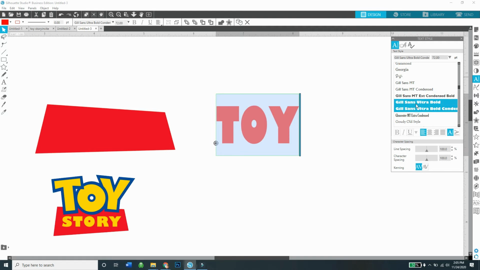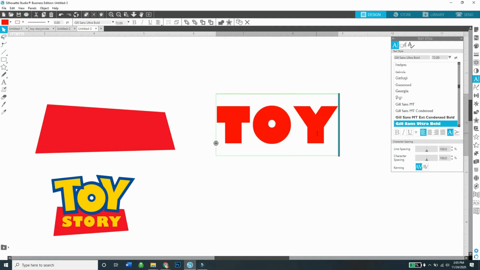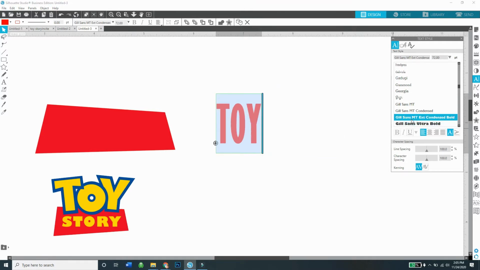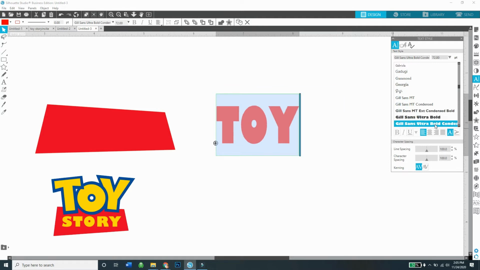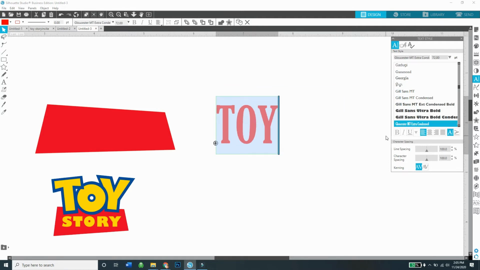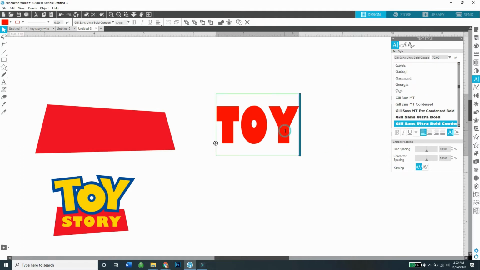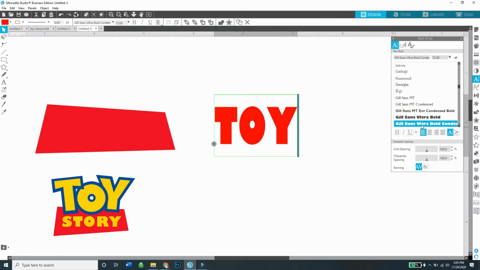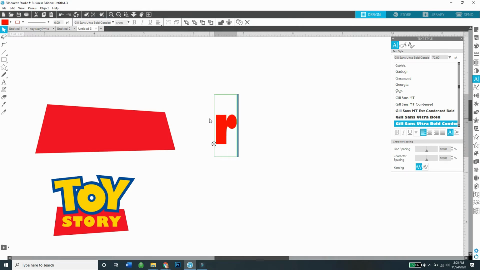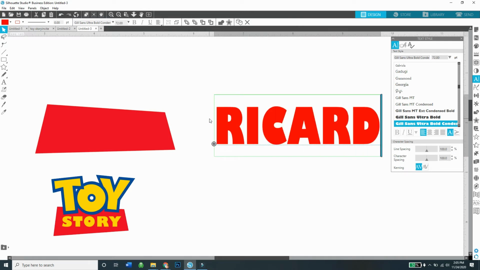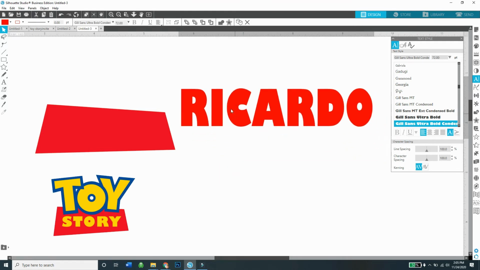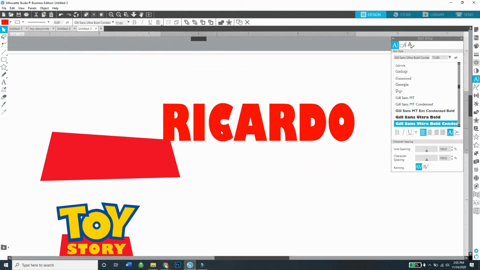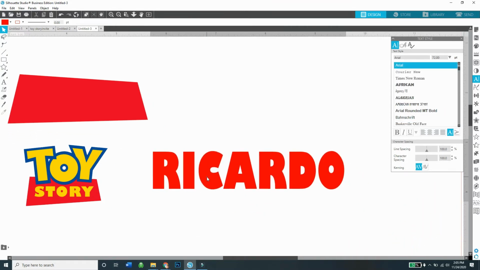But I think I'm gonna go with this ultra bold. Or I think I like, not this one, but I think I'm gonna go with this one. This Gill Sans Ultra Bold Condensed. So I'm gonna type out the little kid's name. So that's the little boy's name, and what I'm gonna do is I am gonna